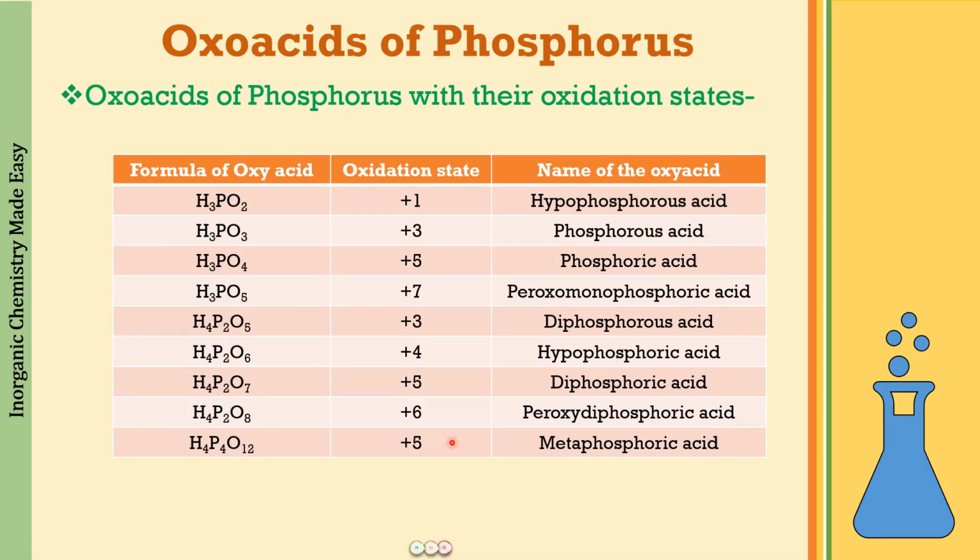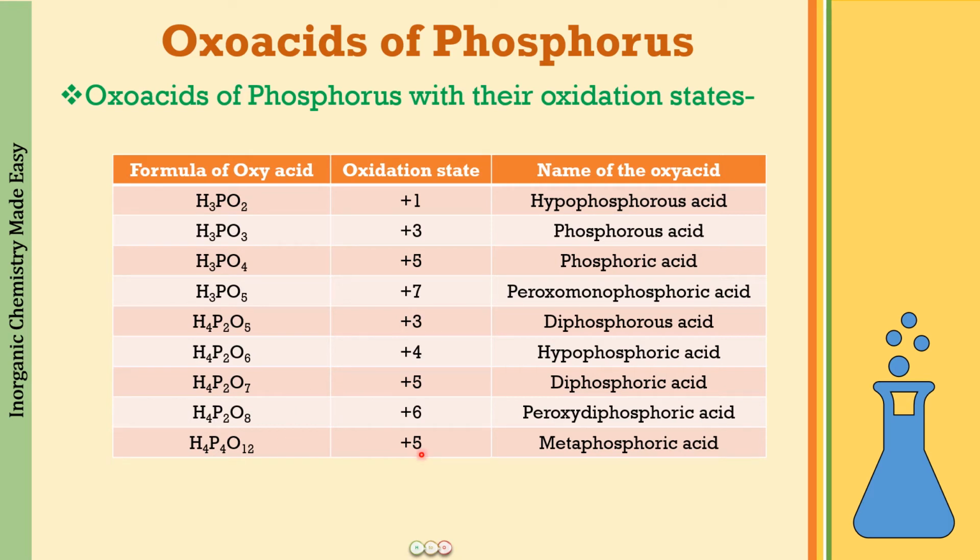So here are all the oxidation states for the oxo acids of phosphorus. What you can see over here is that, first of all, the highest oxidation state of phosphorus is going to be equal to the number of valence electrons present in phosphorus, that is going to be 5. Okay, so let us see where all we have 5 as the oxidation state. It is present in phosphoric acid, it is present in diphosphoric acid or pyrophosphoric acid, that is the other name for diphosphoric acid, and it is